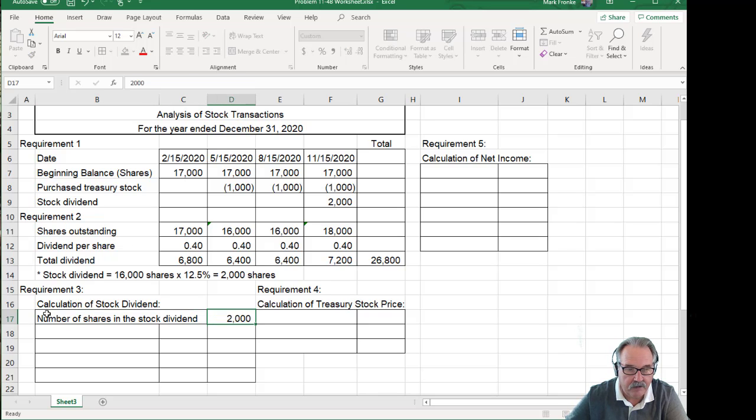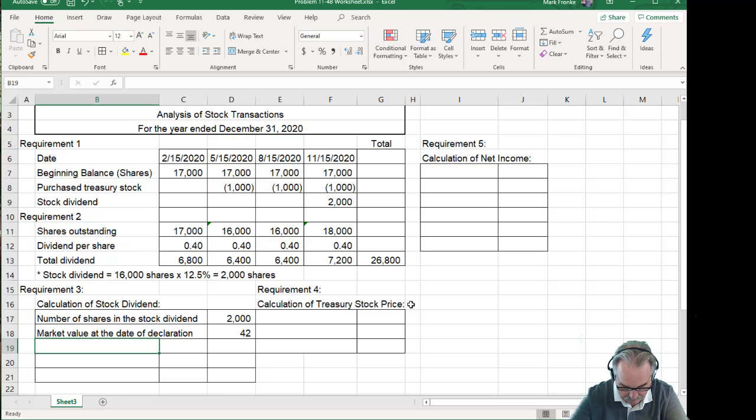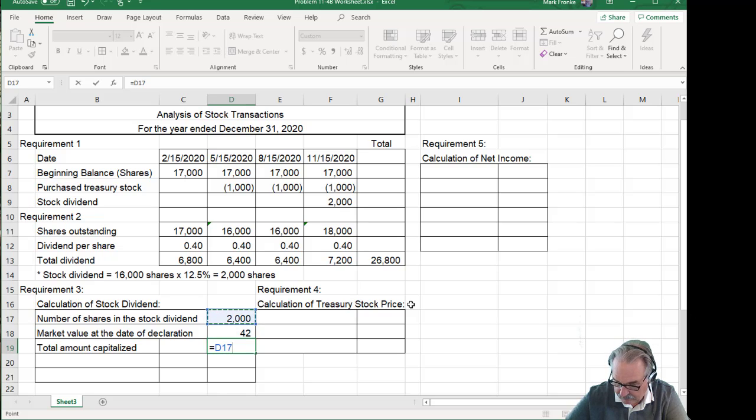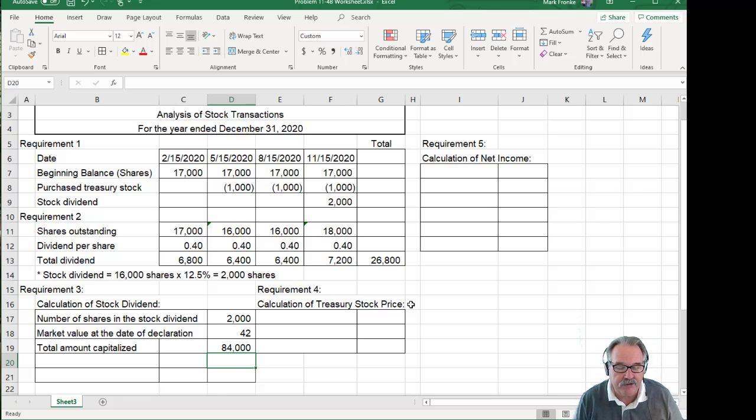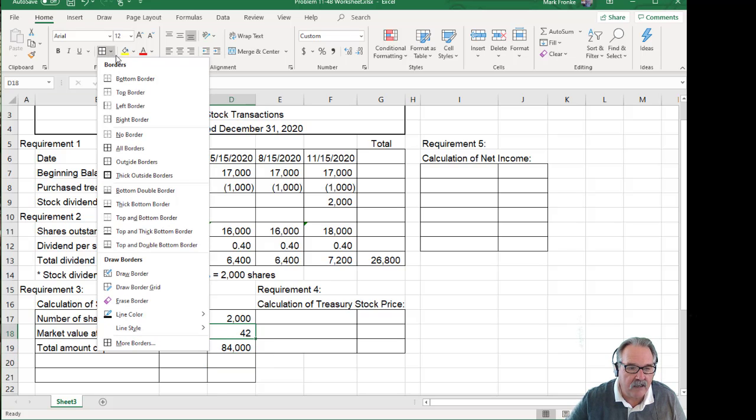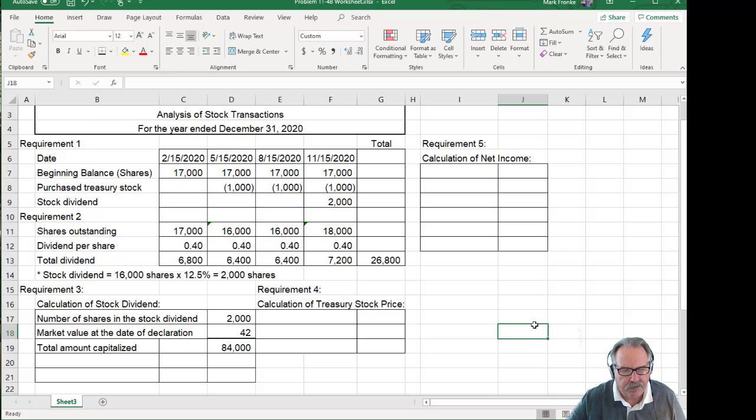That was 2,000 shares. That's the calculation right above. The market value at the date of declaration was $42 a share. So the total amount capitalized, in other words, when we issued these shares of stock, basically we gave all the shareholders some additional shares. They had a market value of $42 a share, so we in effect capitalized this stock dividend at $84,000, and then we have to split it between